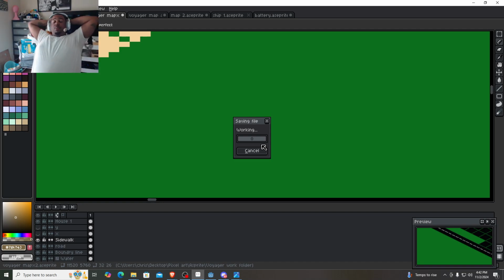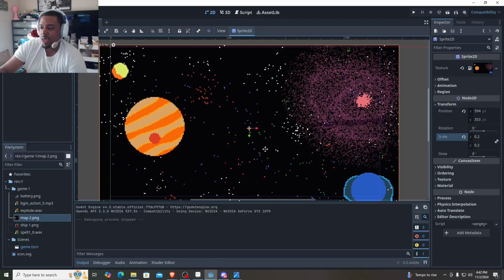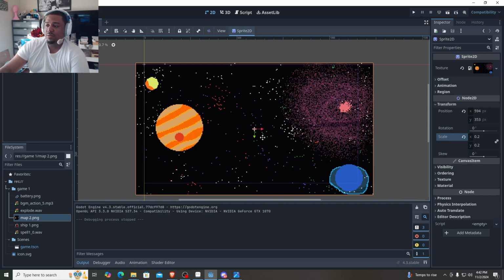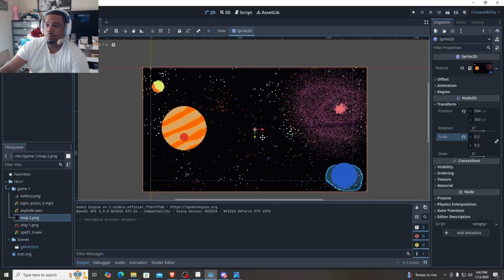So when I was making my game and whatnot, I had ended up pasting in the map, and I can just show you guys. I pasted in the map, and this itself was huge. I think I had to, yeah, point two. I had to lower it from one to point two so it fits in here properly. But I really want to see,